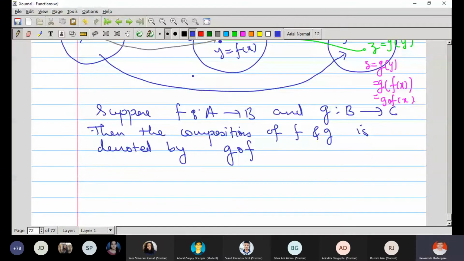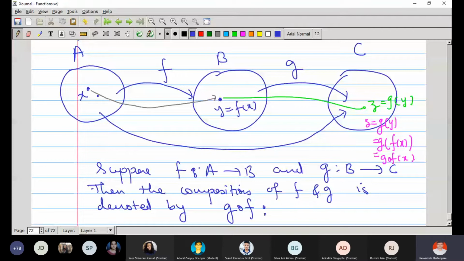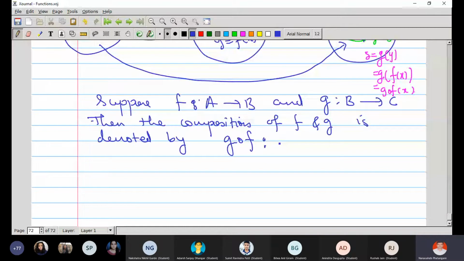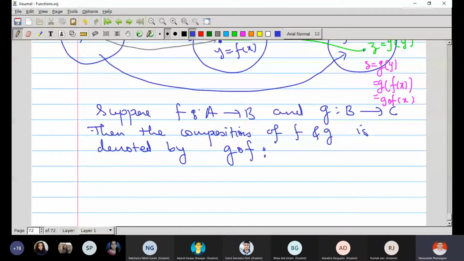So first action of F and then action of G. And this is a function from which set to which set? What is the domain of this composite action? And therefore, if you look at X, what is a direct image now? Z. Direct image of X is Z. And therefore, what is the domain of this composition? Set A, right? Because we apply this composition on A and we'll get direct image inside